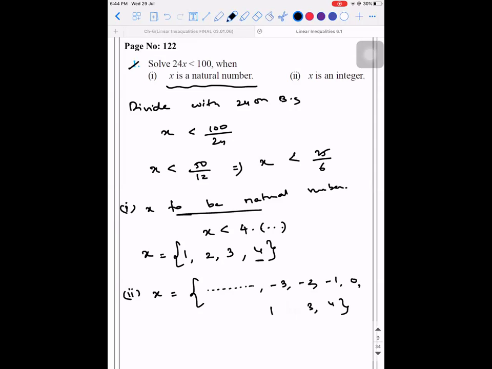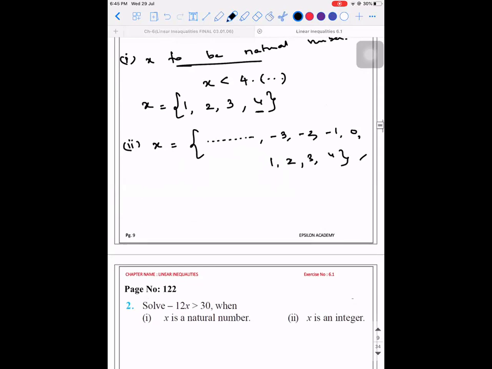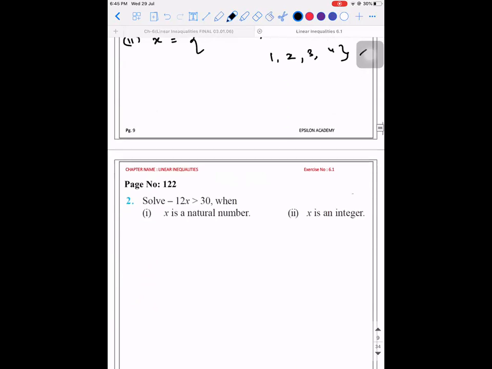So what are all the possible values of x that you can substitute, provided x has to be an integer? These are all the values that you can substitute so that the inequality is satisfied. Am I clear? Yes, sir. Okay. See, when they ask you about a natural number and integer, they'll not ask you to plot it on a number line because the number line consists of real numbers. So don't worry about it.